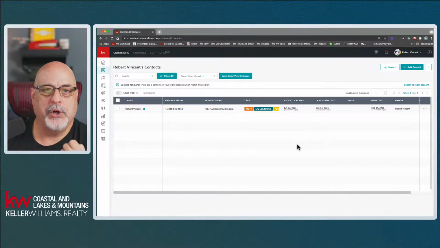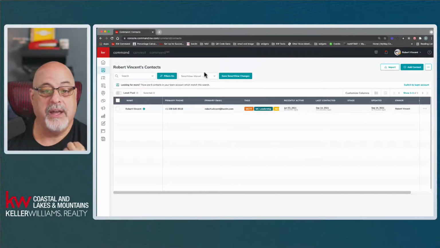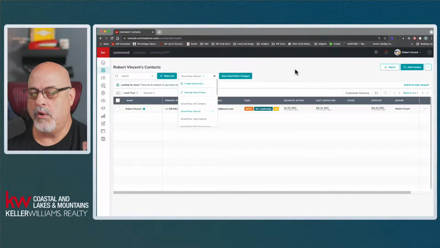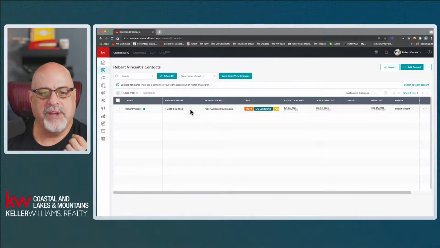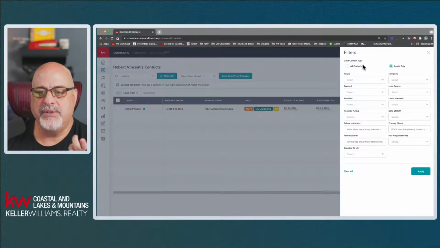These are the people I need to call today. I only have one because I've met so many. But here is my unmets, and again, I can create a new view that is all of my leads, and I can save that as a default view, or I can put that in my views. So using the filters, and in the case of my first example, using tags as the filtering source,